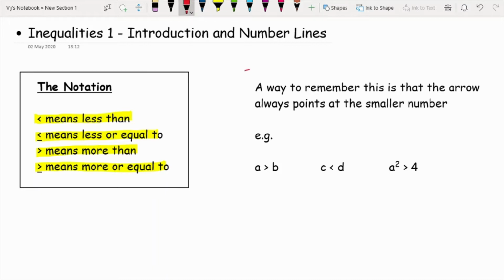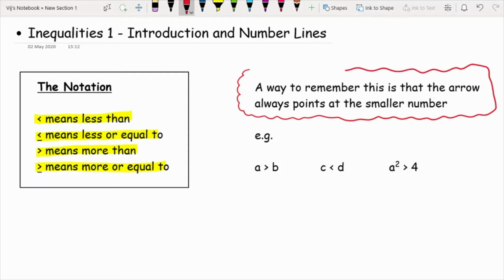And a way of remembering that, how I always remember it, is that the arrow always points at whichever is smaller. Now, if you remember doing this at primary school, then sometimes your teacher might say that the crocodile always eats the bigger number, and it's entirely up to you which one you prefer as long as you remember it correctly. So for example, if we look at these three examples here, in our first example,